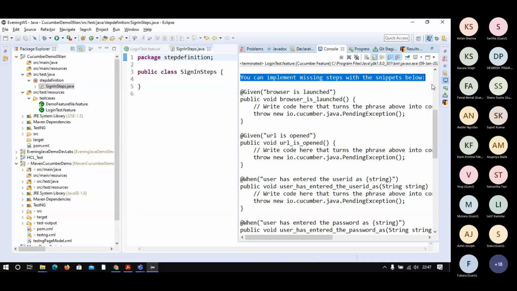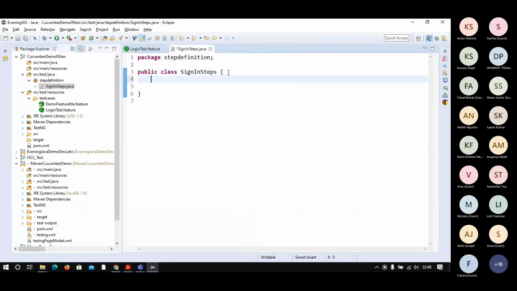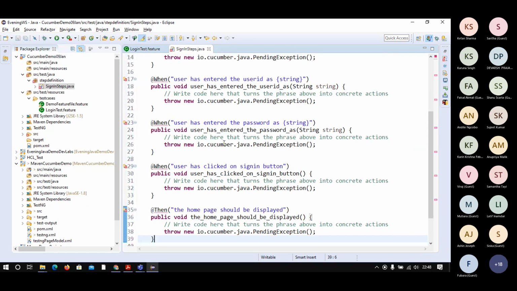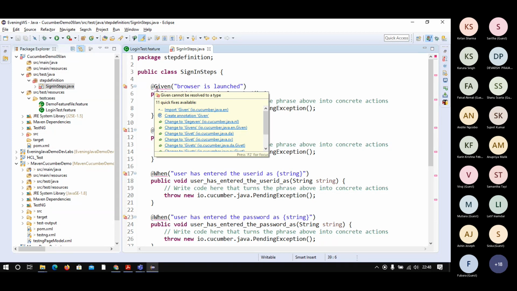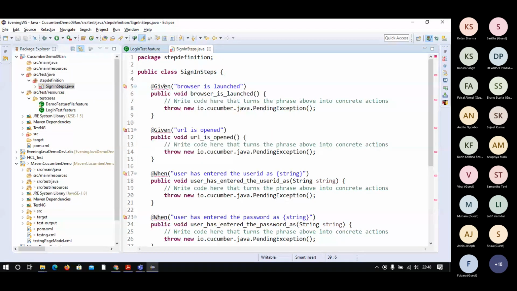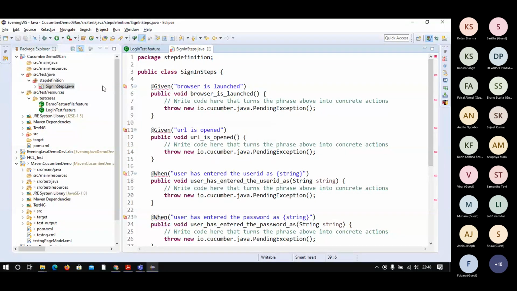It's all the missing steps, and I will copy and paste here. Since I have copied and pasted, the Java compiler will show a red error for the things it is not able to recognize.